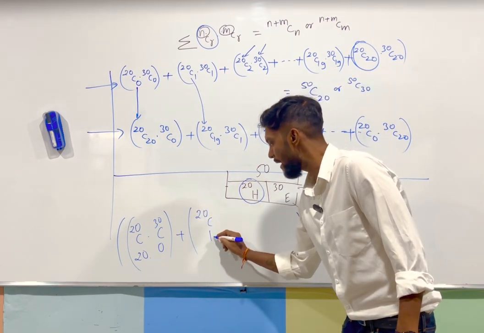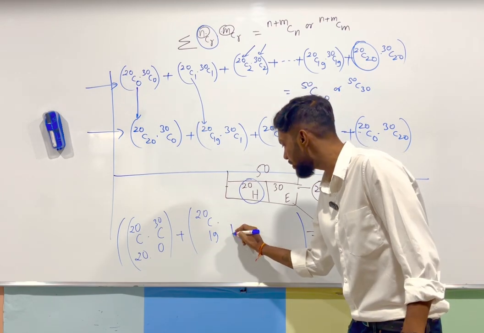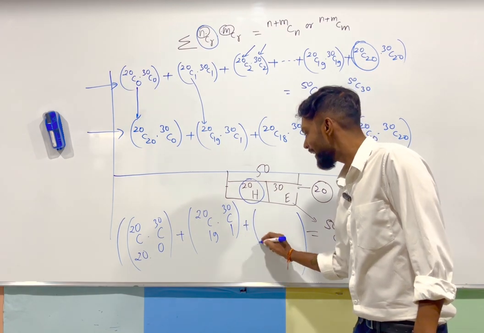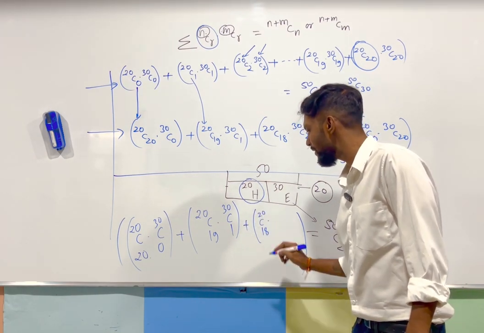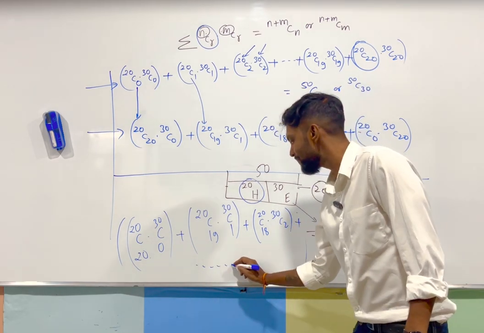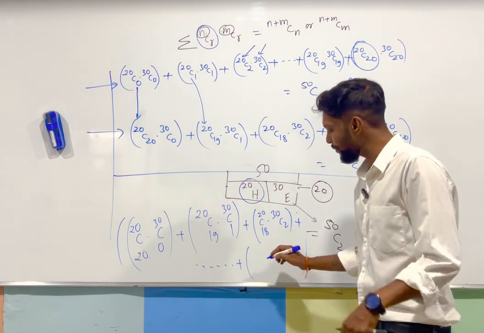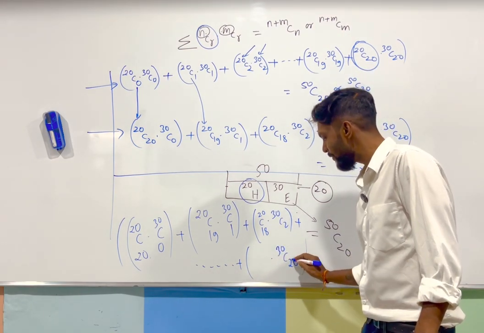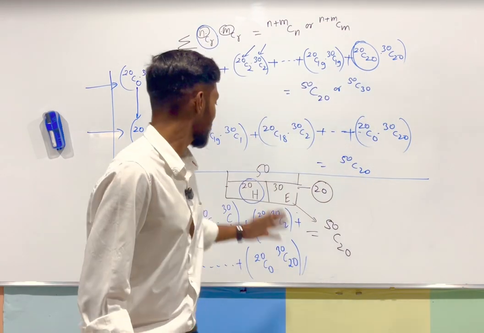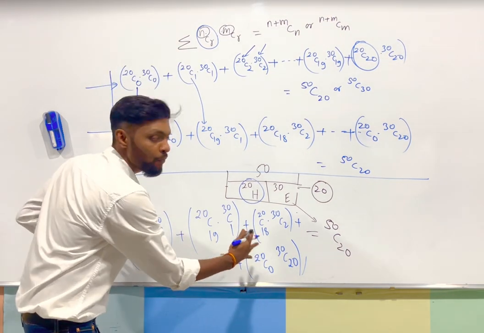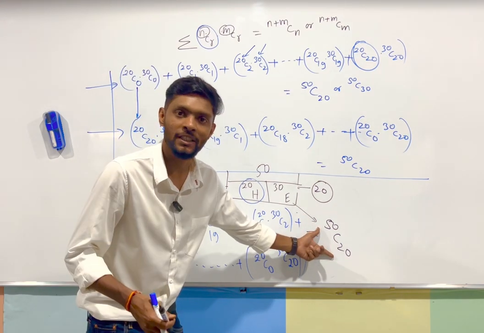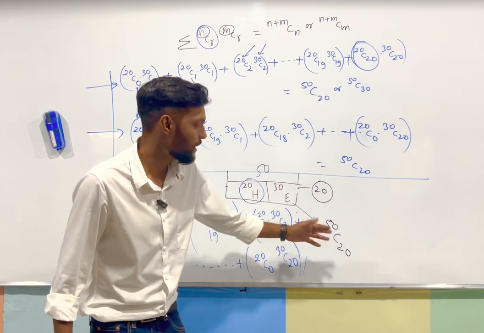19 of your songs have come from Hindi language and the remaining one song has come from English language, or 18 of your songs have come from Hindi language and 2 songs come from English language. You will go on like that, and the last case would be all of your songs have come from English language and nothing from Hindi language. You made all different cases by inside information, and the sum of all of these cases must be equal to the count which you have calculated by another method, and that is 50C20.